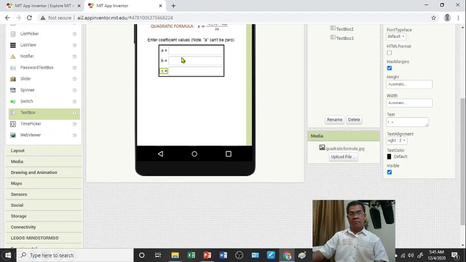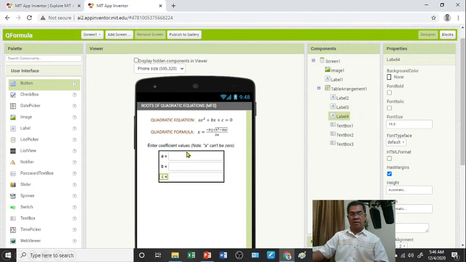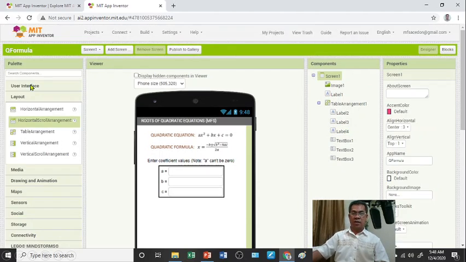So what we have now is the input boxes, 3 input boxes for A, B, and C. The next is we need a button. All you need to do is a button for calculation and reset. Reset is used for your recalculations for another problem. So then we need buttons. Do it because we have 2 buttons. So we need to have the